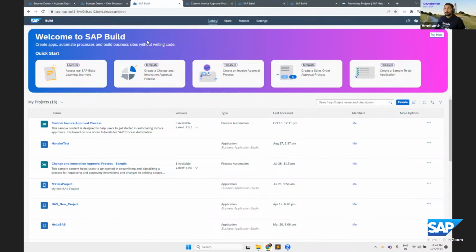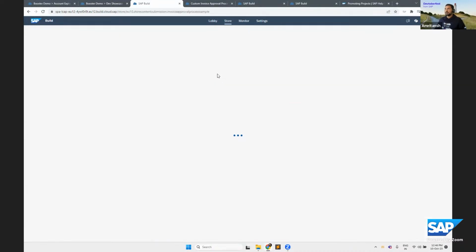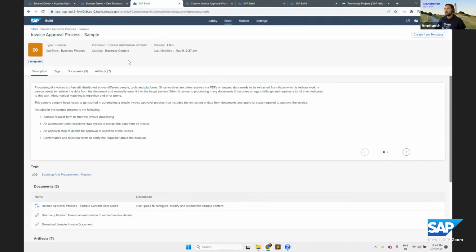As we already talked about, we basically want to test our processes in this landscape, right? So let's take the example of this process which I've just created from template content from the store. I used this quick starter, or what we call template content, and created a project from it.